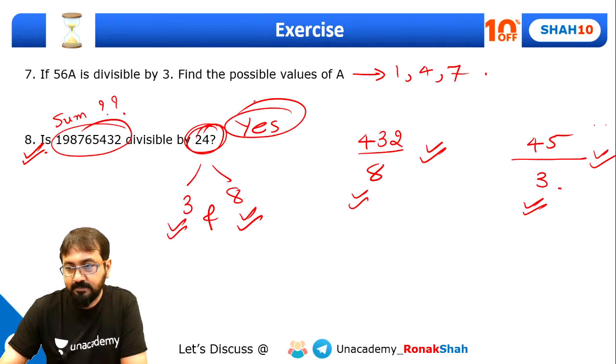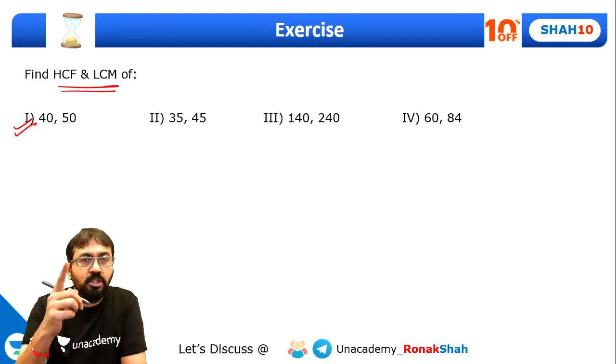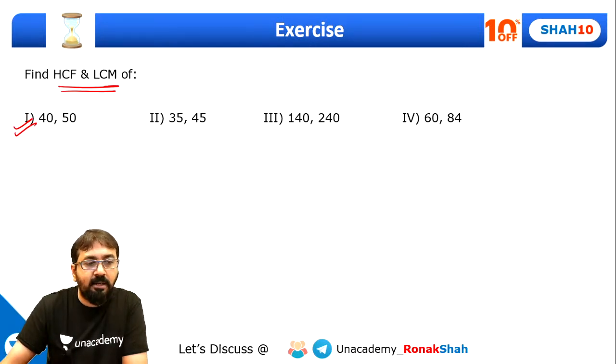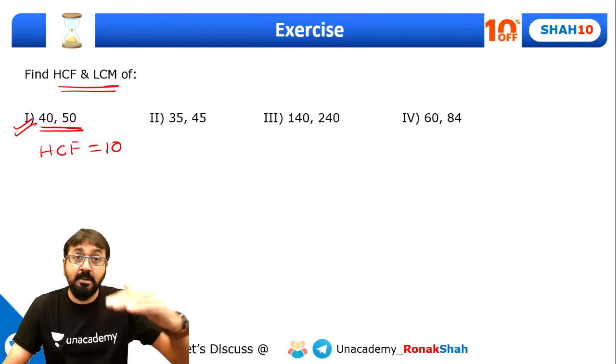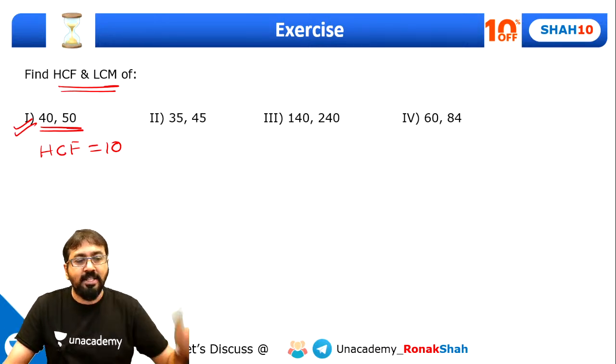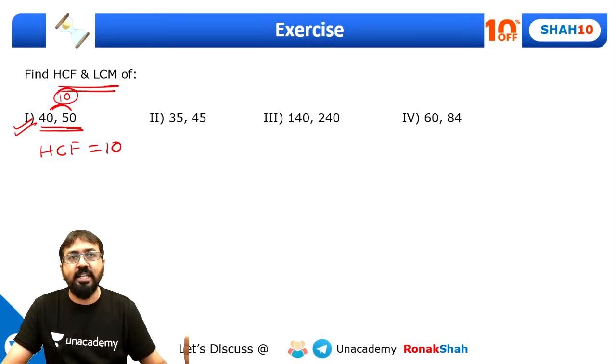Correct? Yes, great. चलो guys, now we need to find out HCF LCM of this number. Use the shortcuts that I've explained. For example, 40 and 50 HCF तो देख के ही पता चल रहा है 10 होगा कि नहीं। दोनों नंबर किससे डिवाइड होते हैं, 10 से डिवाइड होते हैं मैक्सिमम। क्या 10 से बड़े कोई नंबर से डिवाइड होते हैं, नहीं। सो HCF इज 10। इनफैक्ट डिफरेंस क्या है, 10 है। 10 से बड़ा HCF हो ही नहीं सकता।